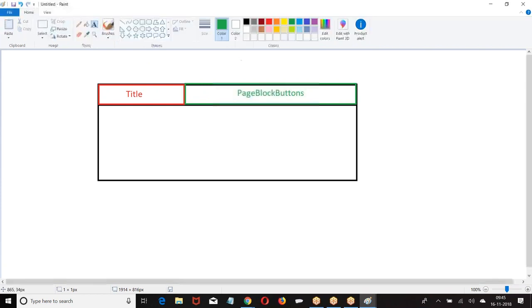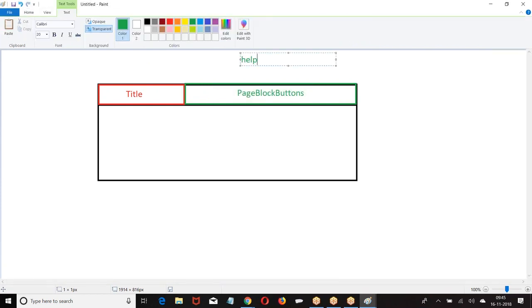Either you use help title or page block buttons, not both. In the header, the left corner is meant for title. One quarter will be covered for title, and the remaining three quarters will be used for page block buttons. Whatever we write in the page block buttons will be displayed on the right corner of the header.